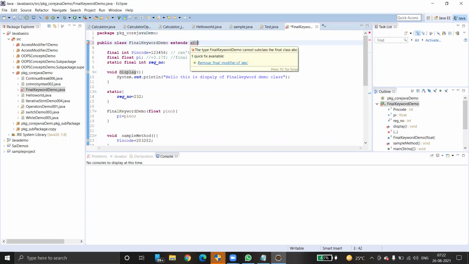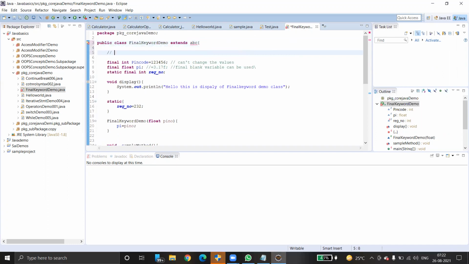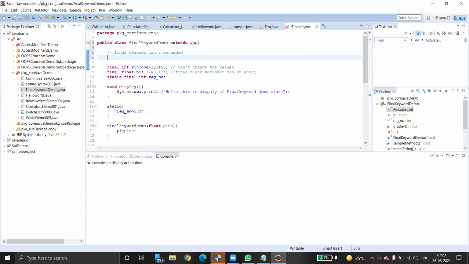It says cannot subclass the final class ABC. So the first rule is final classes cannot be extended. Final methods cannot be overridden. Done.